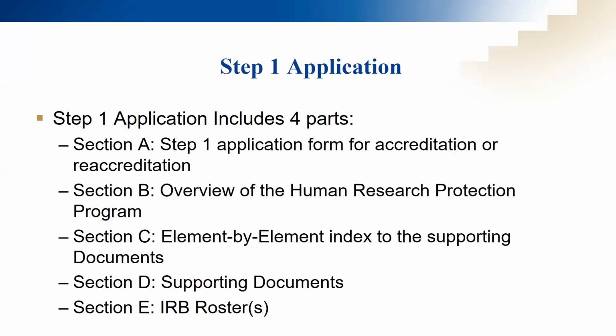Section B is the overview of your Human Research Protection Program. Section B is where AAHRPP wants to see a brief description of your organization and its purpose, and how the Human Research Protection Program relates to your organization's mission, an organizational chart for your organization, an organizational chart for your Human Research Protection Program, indicate the individual who is your organizational official, list the administrative units, for example, the school, centers, division, and branches. If responsibility for your Human Research Protection Program is decentralized, describe all the responsible entities and